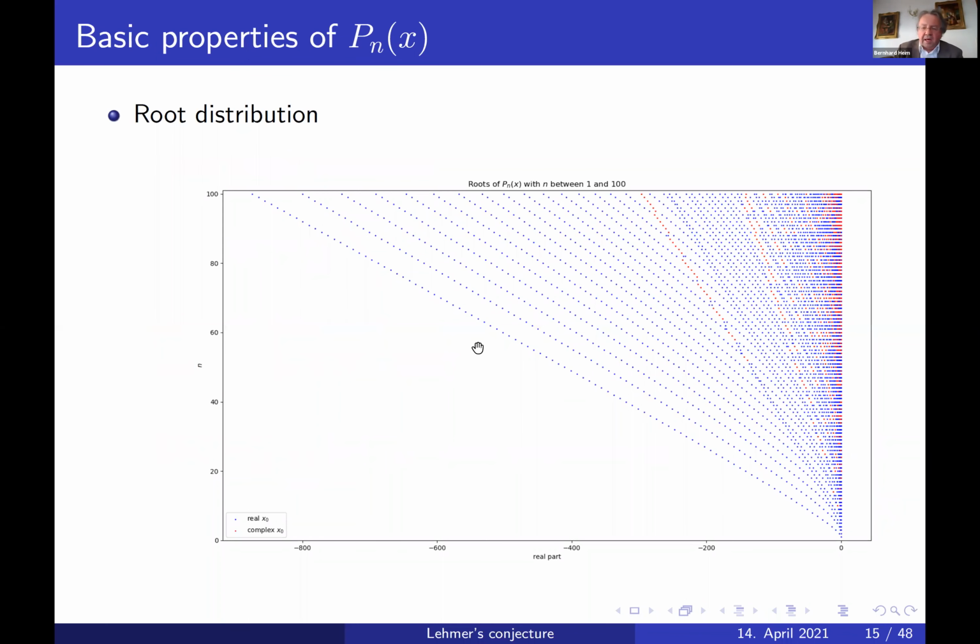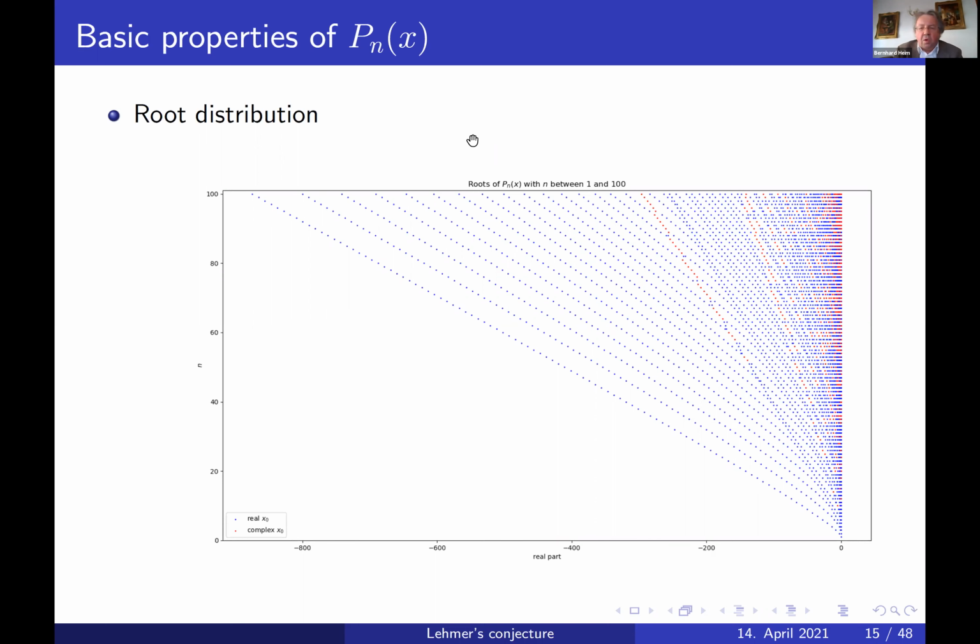Now when you look at this picture, we plotted the first 100 polynomials. On the ordinate axis, you have n goes from 1 to 100, and on the x-axis, you have the real part. And you see the range of the zeros increases. It looks very nicely structured on the left side. And on the right side, you also have, in red, complex roots, which somehow makes it